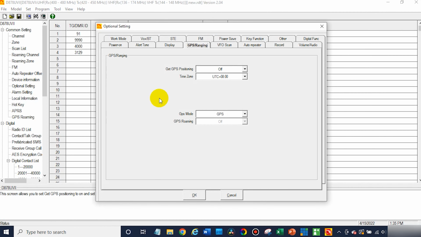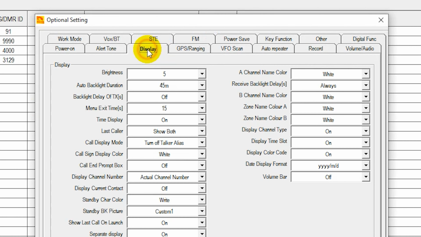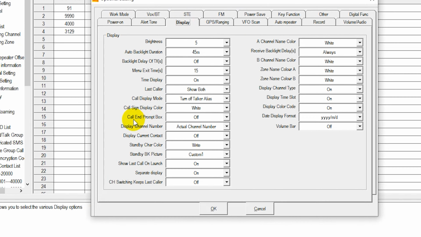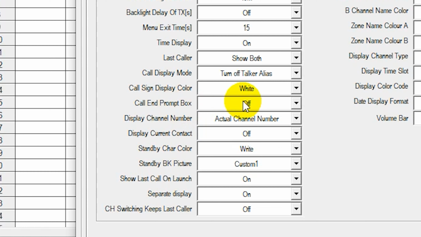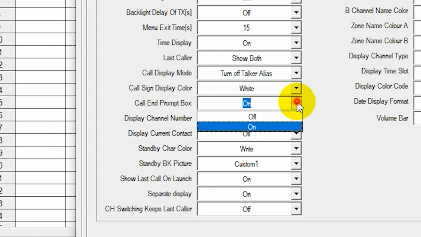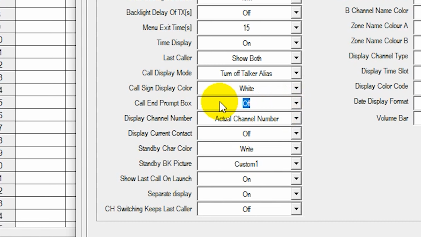Once you're here, you will go to display. And right down here where it says call end prompt box, this is turned off. Now I've already turned this off. Normally this is going to be on and you'll get that message. So if you want to disable that, just go here and turn this prompt to off and you will no